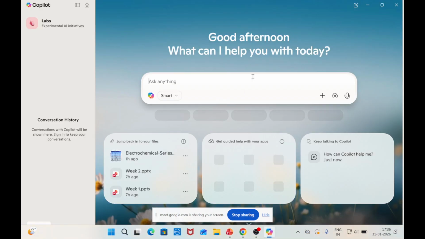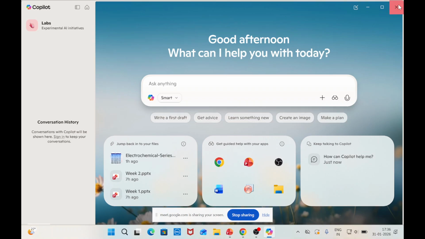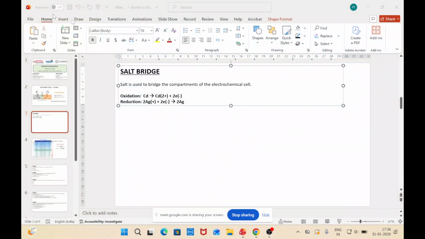And this Ag gets deposited on the surface of the silver electrode that is there in the cathodic compartment. So this is the typical concept of the